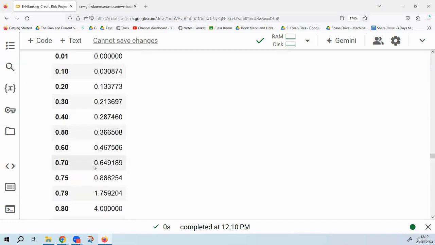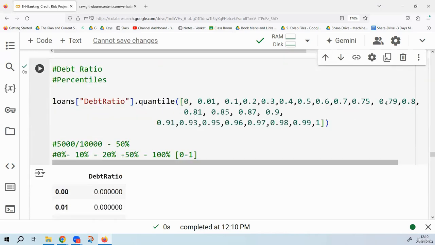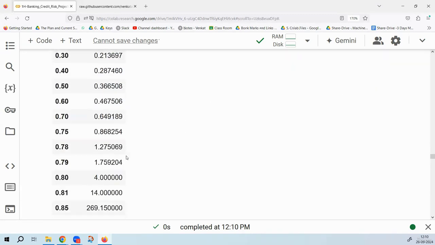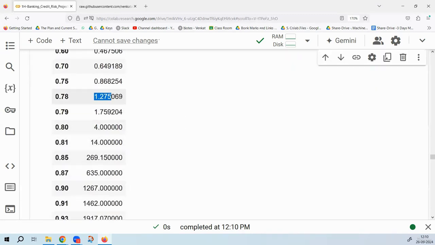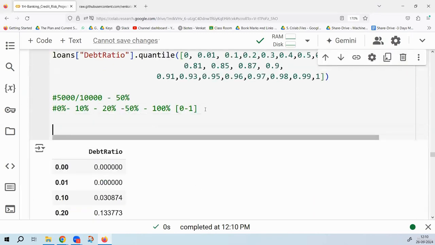So roughly I can see 75 is also fine. 79, I think from here on until 75 is fine. Let me put 78 as well in between. 78 percentile is 1.27. I think beyond 75, roughly around 25% of the data has issues. So 25% issue,